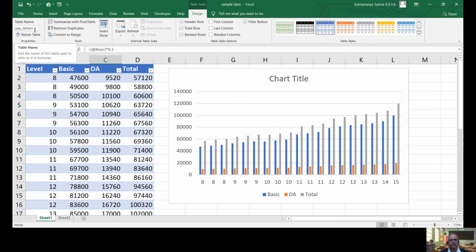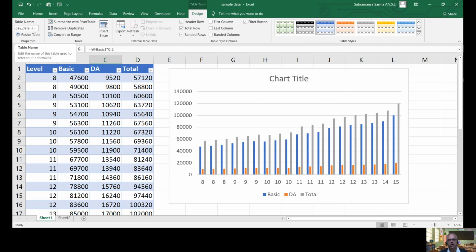And slicer is also one of the features exclusively available with tables, right? A slicer is an additional filter, and you can add multiple slicers also. All the slicers will be synced with the data of a table, right?